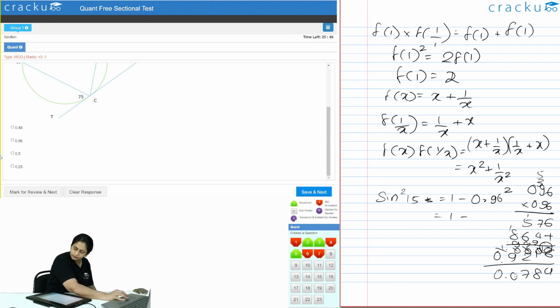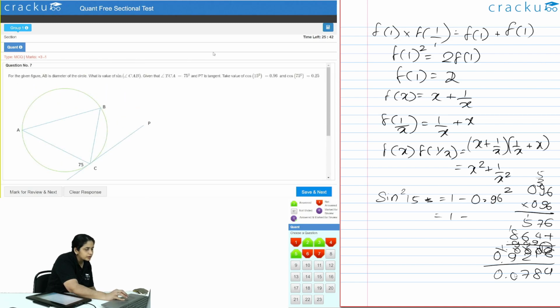Cos 75 is 0.25. Oh, sorry, this is sine square. So sine would be the square root of this. Sine square is this much, so sine would be, I think, around